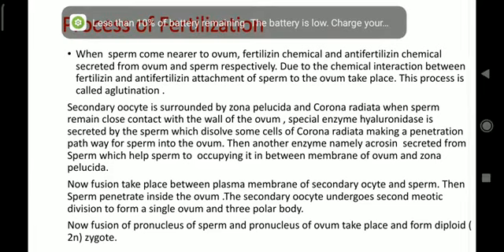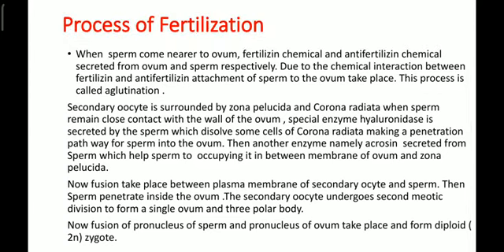This process is called agglutination. The secondary oocyte is surrounded by zona pellucida and corona radiata. When sperm remain in close contact with the wall of the ovum, the special enzyme hyaluronidase is secreted by the sperm, which dissolves some cells of the corona radiata,